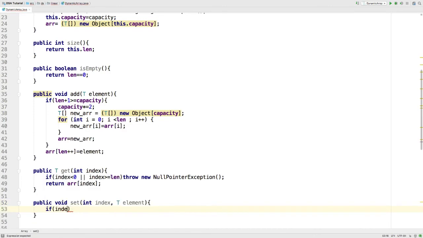So again, if index is less than 0 or index is greater than or equal to length, it will throw an index out of bound exception, or else it will simply set the element at index as the new element.